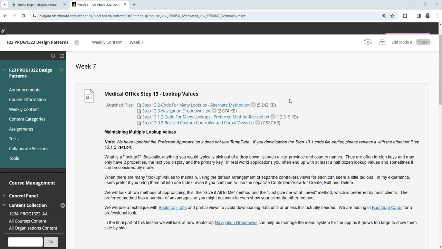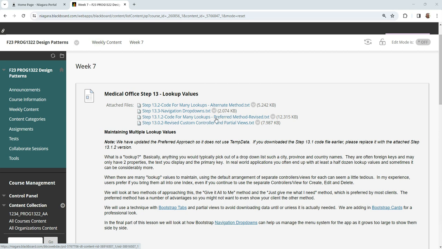Managing multiple lookup values from a single view. You know what? I've decided rather than confuse people, I've confused you enough. So I don't want to do the alternate method and then the preferred method. I'm going to leave the code here for the alternate method. Basically, you just have a list box for each and every one. You can see them all on the screen at once. Play with it if you want to, but I'm going to jump right to the preferred method because I really